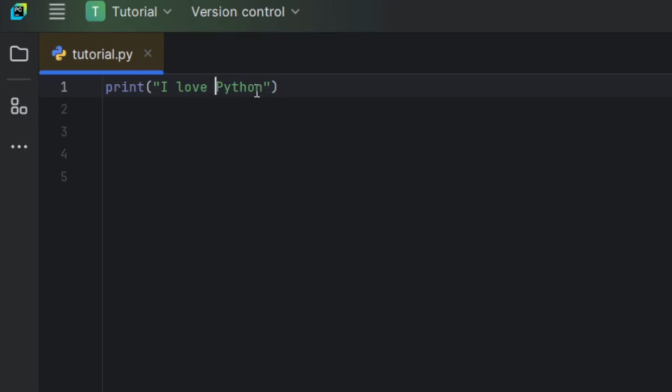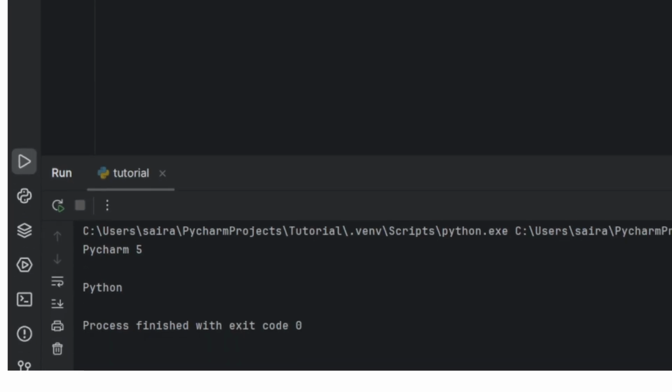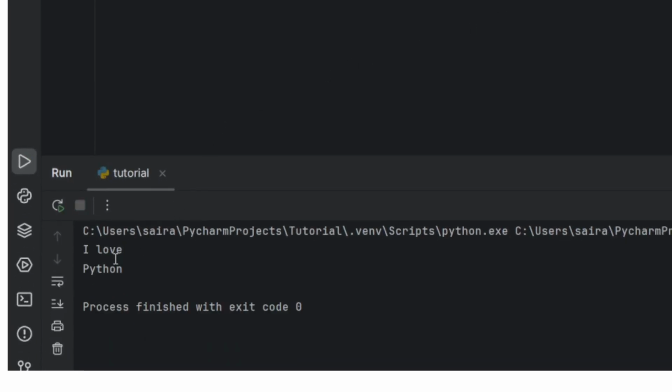We do that through the escape character, which is backslash, and next we want to type n indicating new line. As you can see, this is highlighted in a different color. And now let's run it. We see I love Python, but the only difference is they're both in different lines.